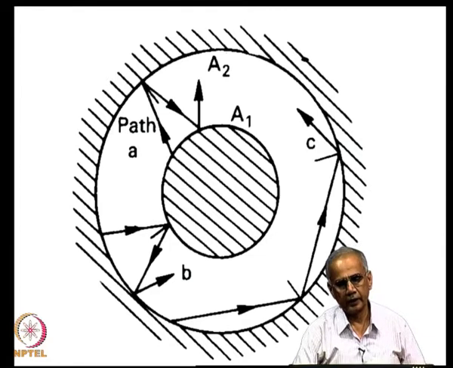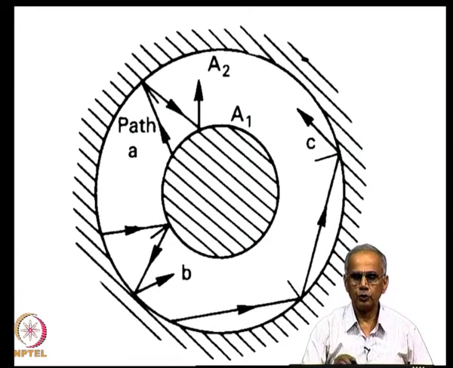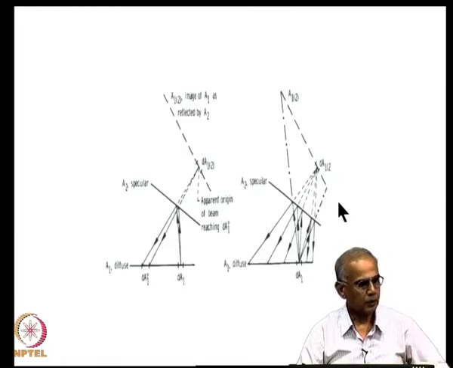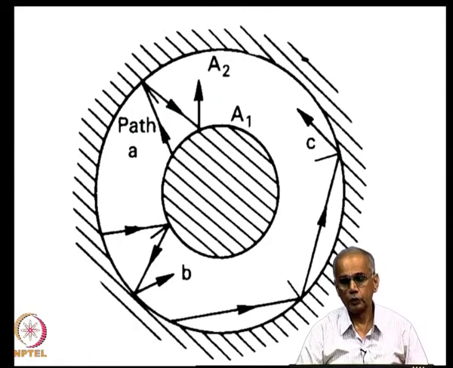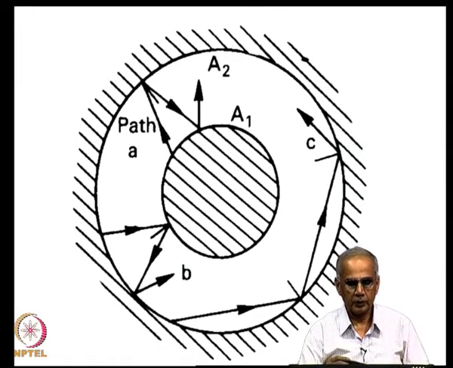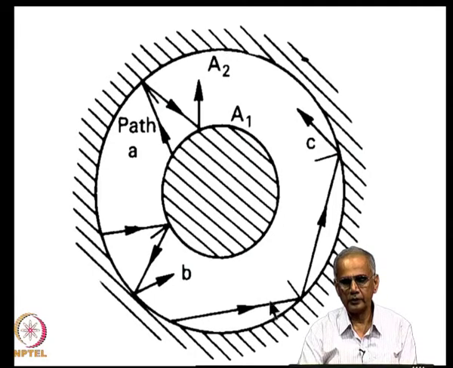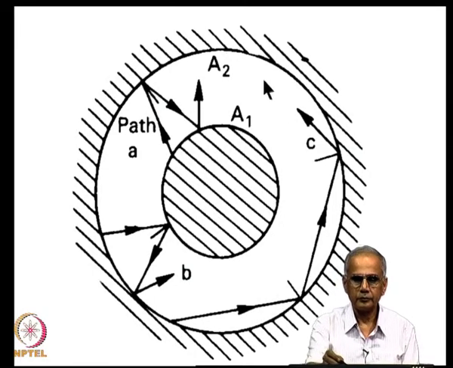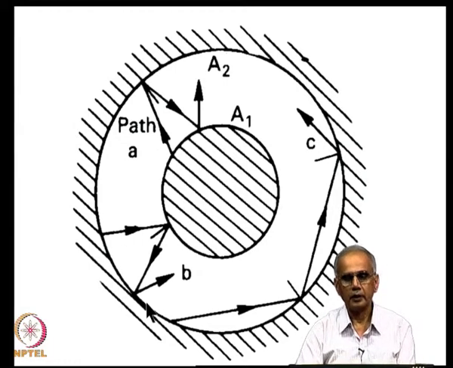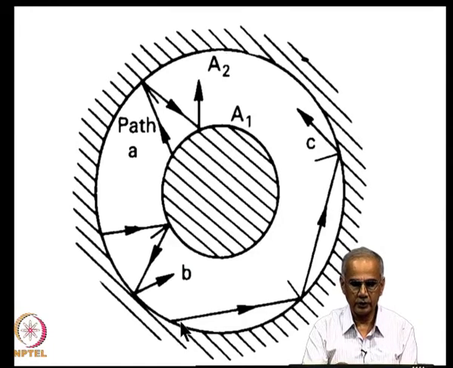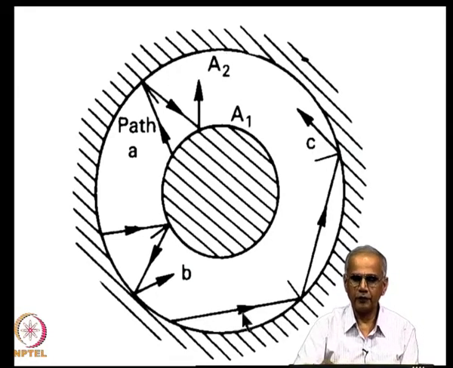Now, the first example we take is, imagine two cylinders or two spheres. I want you to mentally do the ray tracing. Suppose radiance is emitted by the outer cylinder and it is reflected specularly in the outer cylinder. You can draw this graph, and you can see that this ray will never reach 1 because it will be reflected only with this.